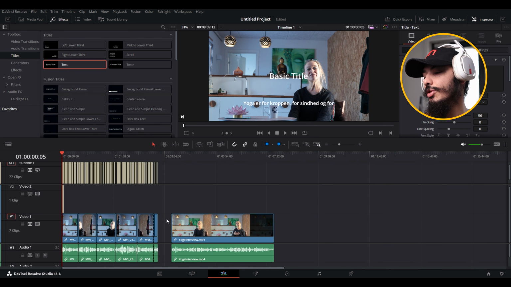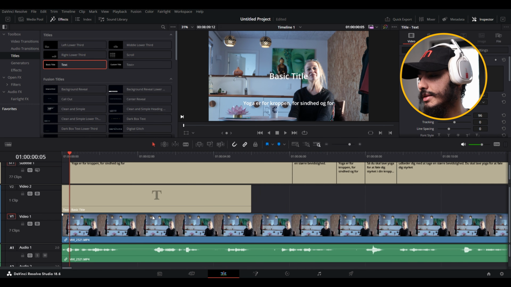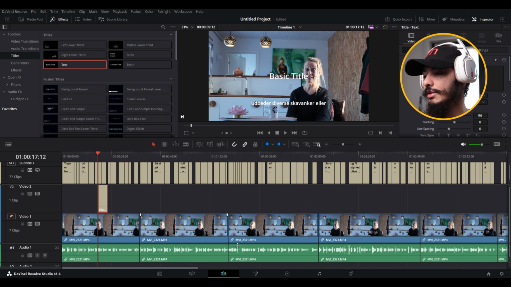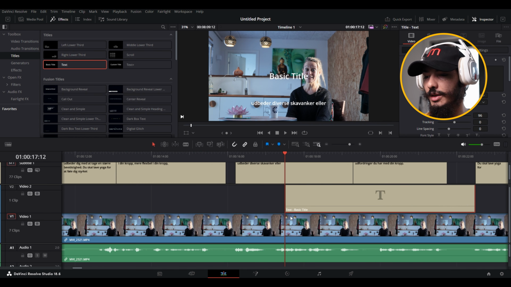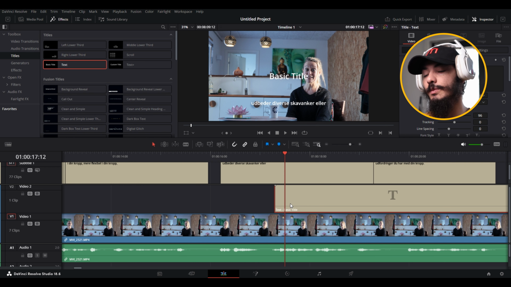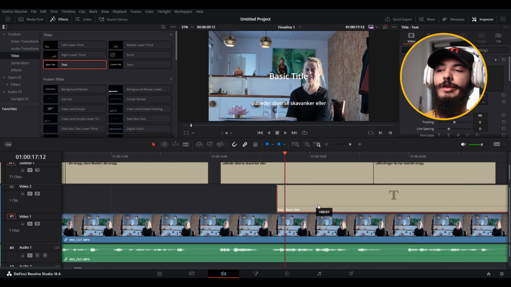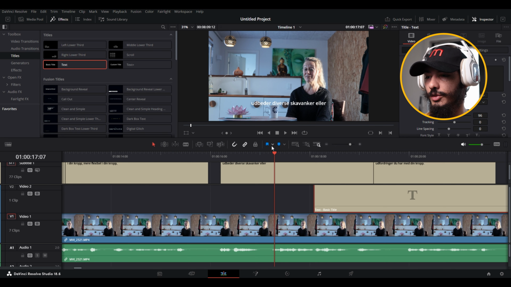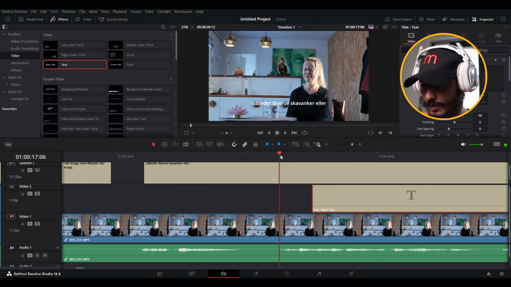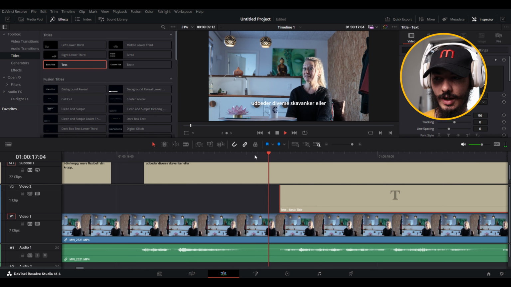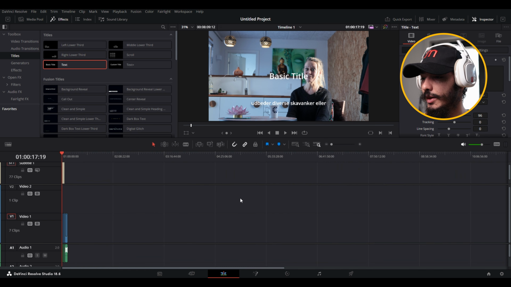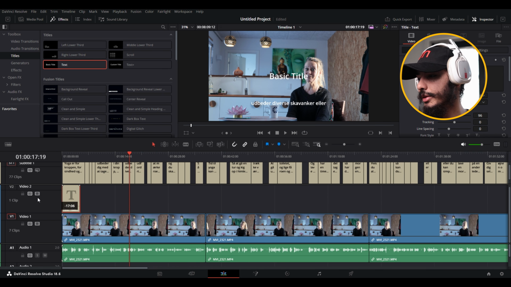This is good, so you can be more precise, like here, because you put the text here, but when you zoom in, it's a little bit off, so you can place it way better. If you want to put on the audio, for example, you can see where you have to put it exactly, like this. Yeah, so this is just a little tip, but I will put it here,